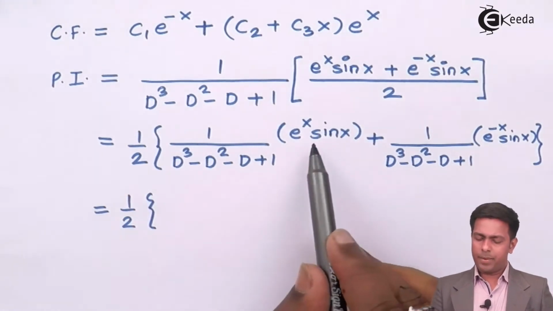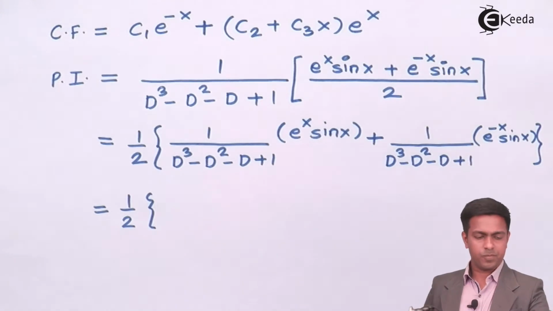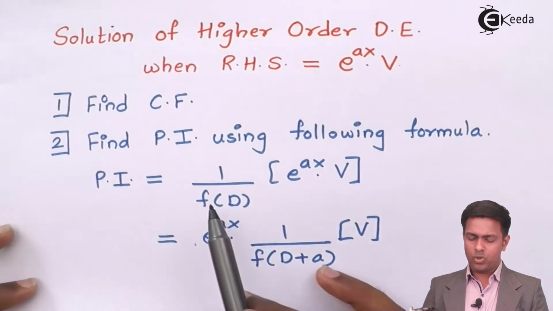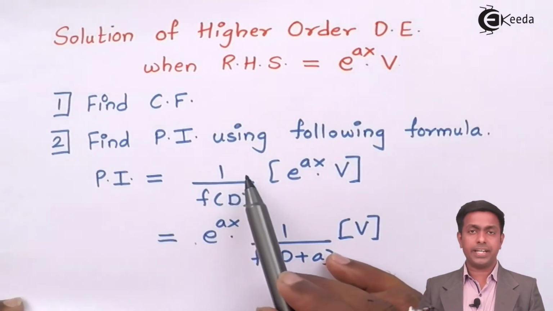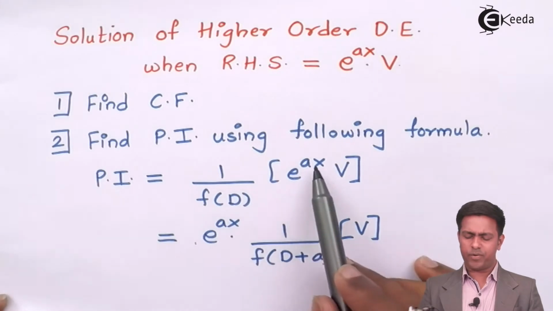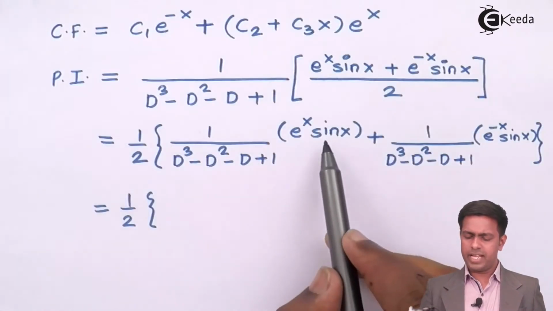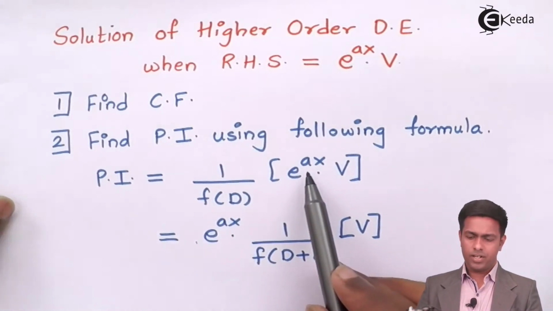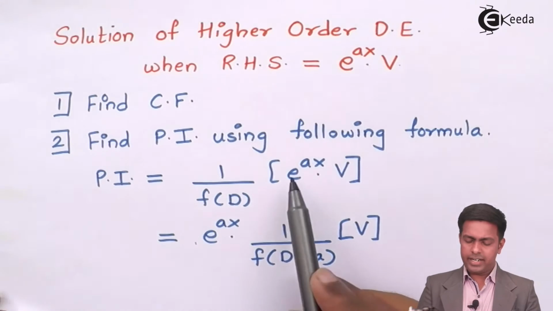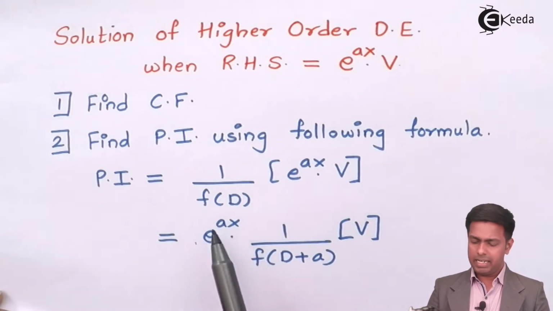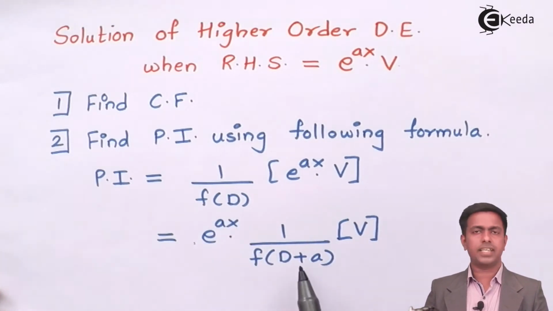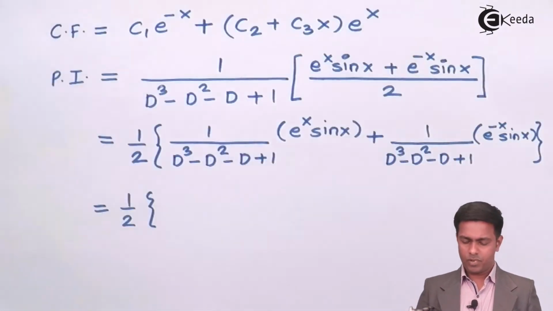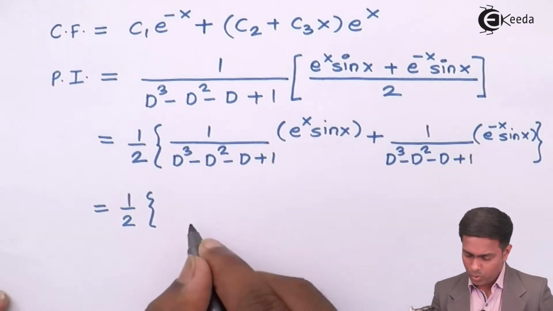Now guys, let's compare this form with our formula. So here the particular integral is 1 upon f of d, e to the power x into v. So here we have v as sin x and e to the power ax as e to the power x. So the value of a is 1. So what do we do? We write that e to the power ax separately, and then we replace that d with d plus a. So since a is 1, we will replace d with d plus 1. So here we will get 1 upon